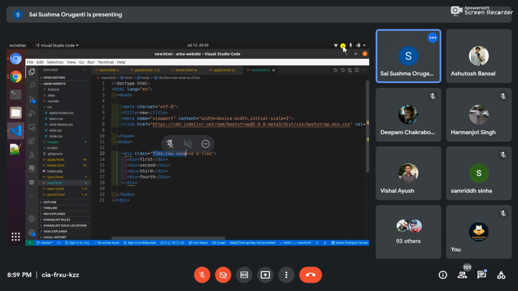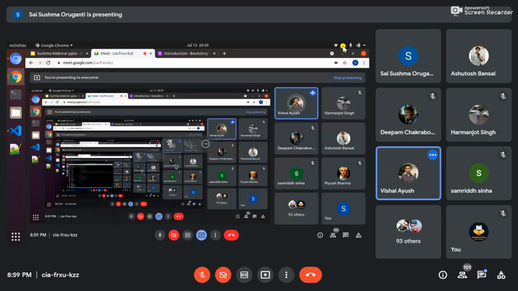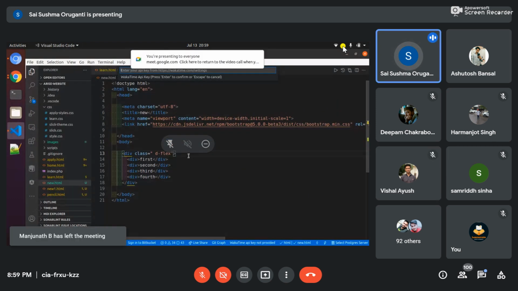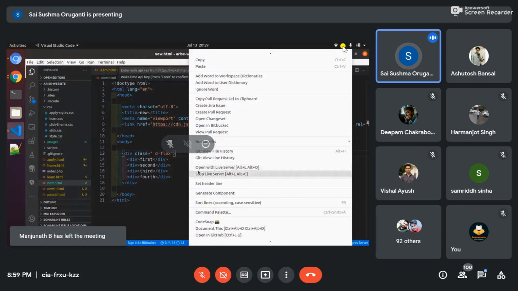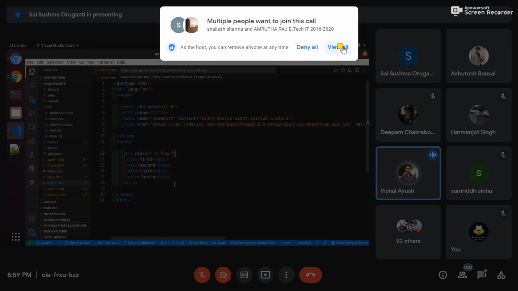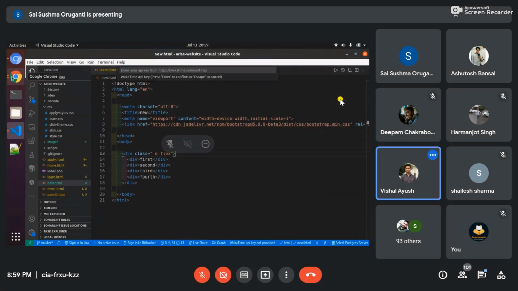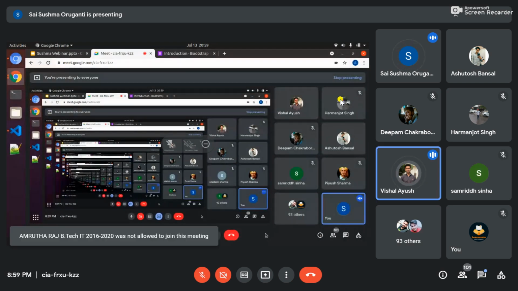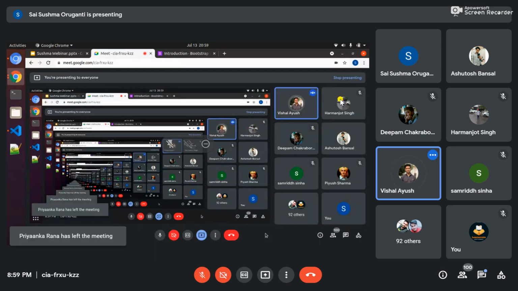Laptop got stuck. And ma'am, what is the shortcut key to save and run the code in VS Code? For websites, the safest way is to right click here, and you can see open with live server. If you click on this, it just opens by default in the browser. And ma'am, for other code like Python, what do we use? Ma'am, if you're coding Python, what is the shortcut key for Visual Studio Code?